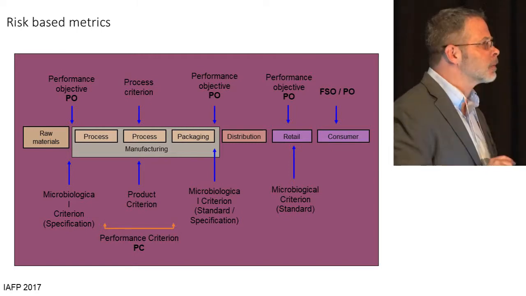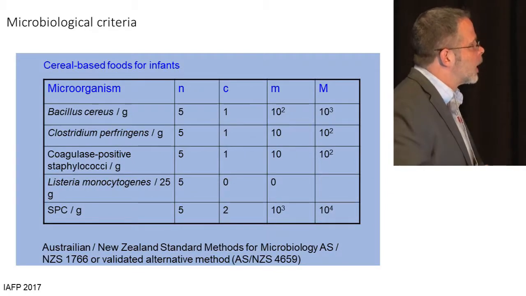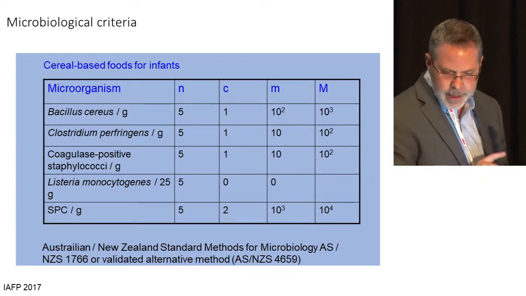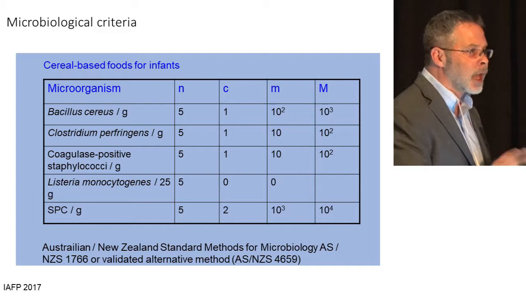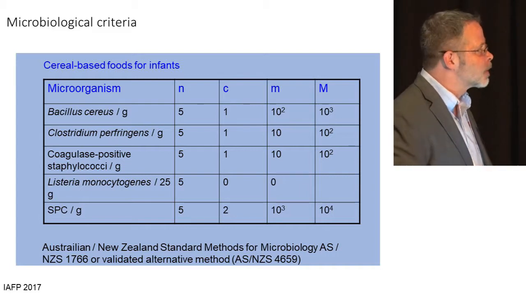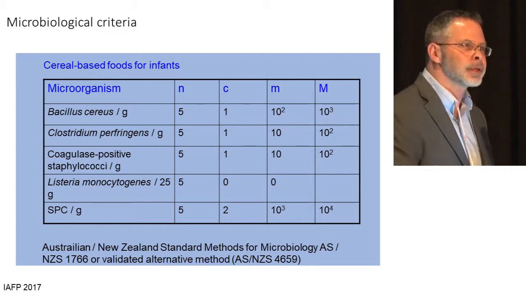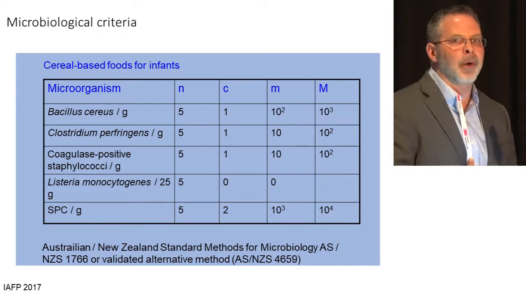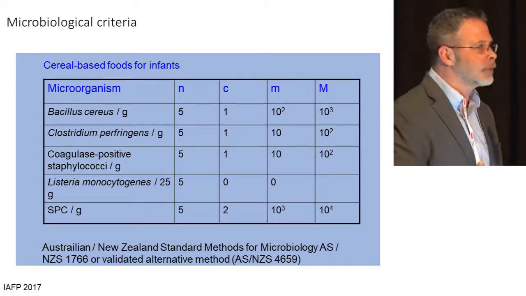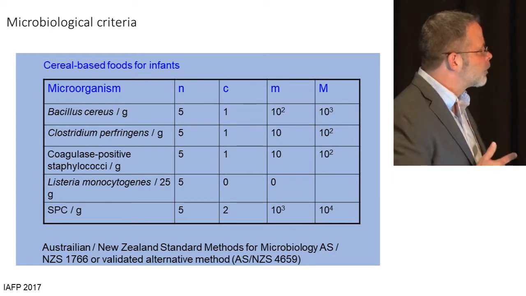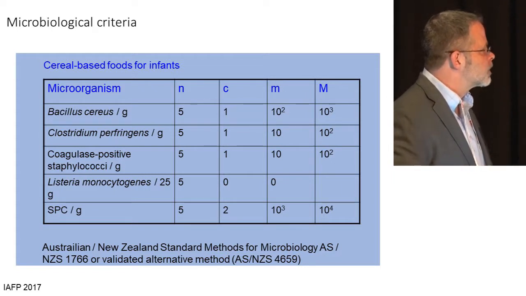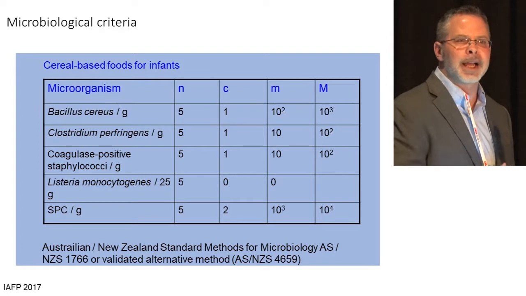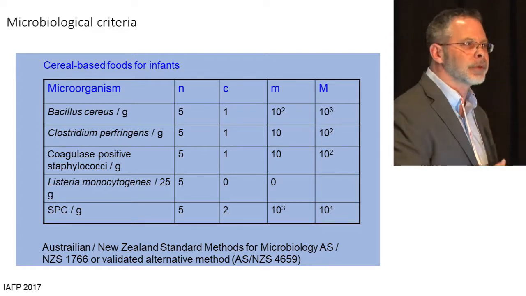And I want to talk about criteria here. I know Dr. Buchanan talked a lot about distributions and the establishment of criteria, so I don't need to go into that detail here. But I want to talk a bit about what criteria mean and how I interpret and use these as a food safety manager. This is from the Australia-New Zealand standard. It's an older slide, so it may not be the current standard, but this is a good example.